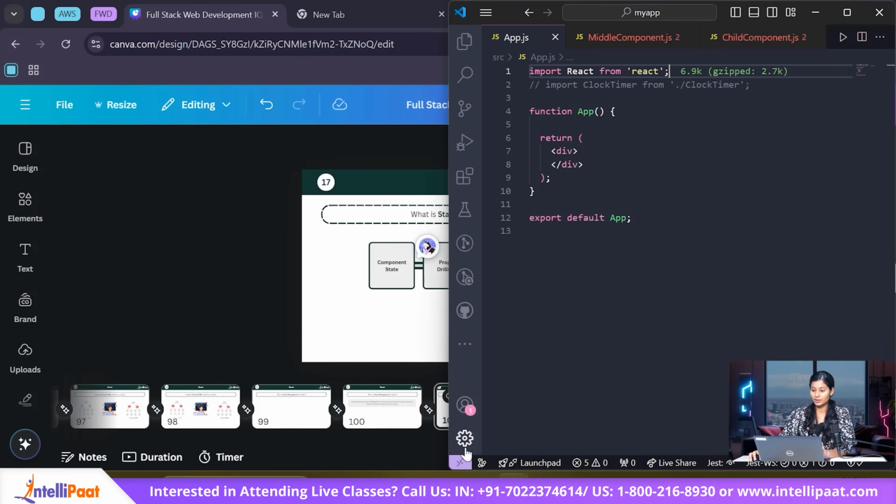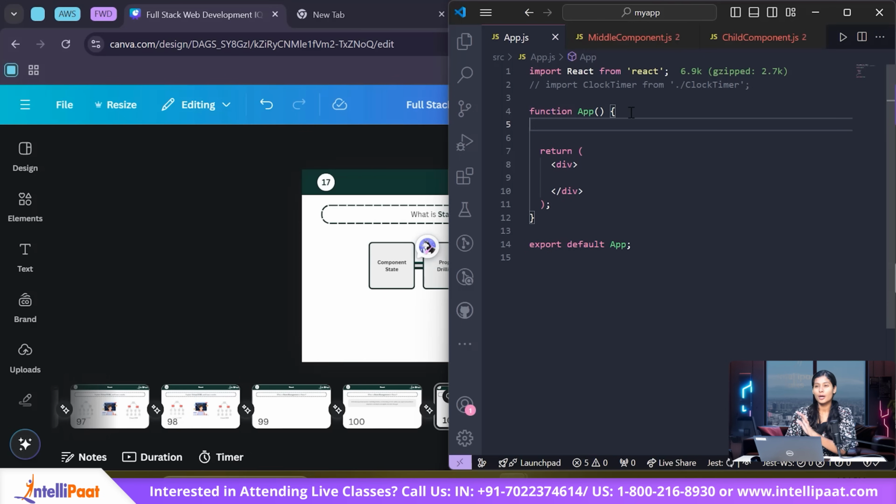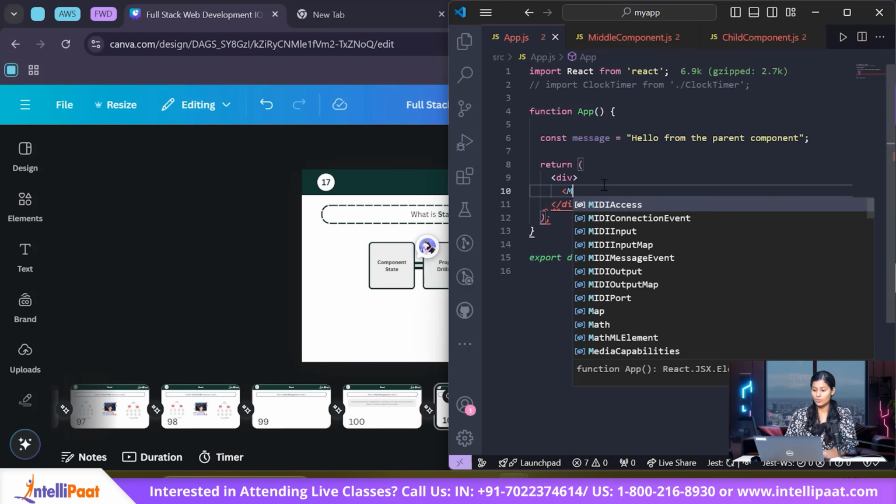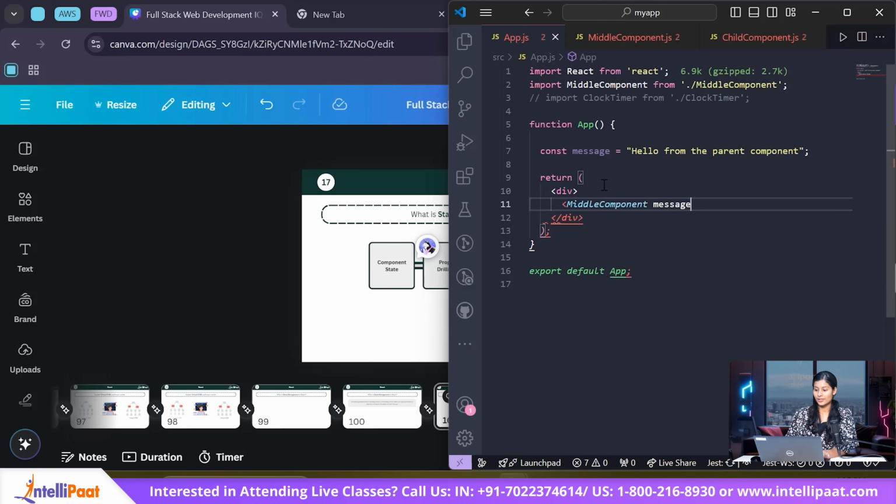Here's my React file. Now, if I have a particular message, props drilling is basically passing the message from the parent to the child. Like say if I have a message here, "hello from the parent component." Now this is the parent component. We're gonna send this to our middle component. It's gonna take a prop as the message. This will be our